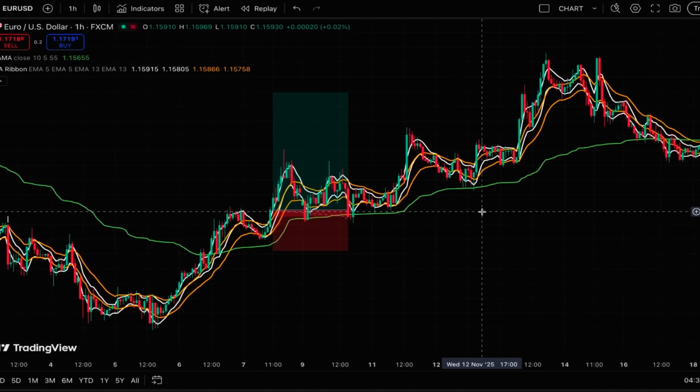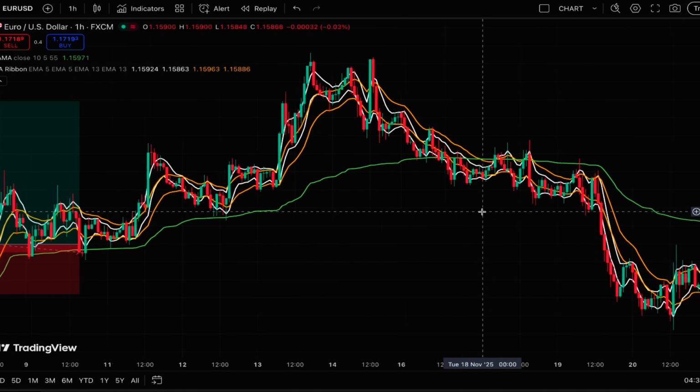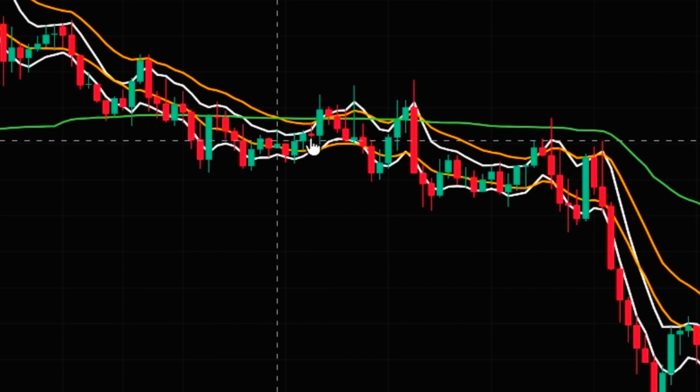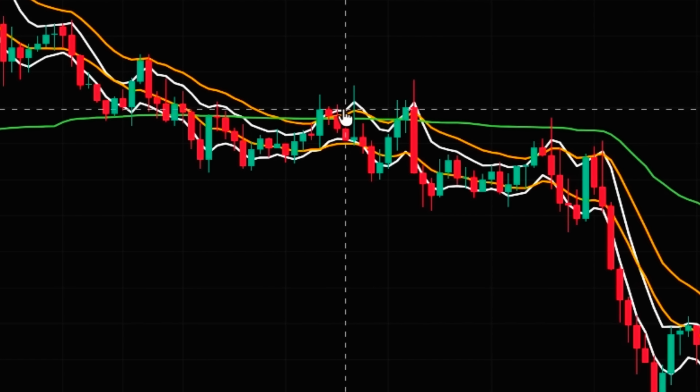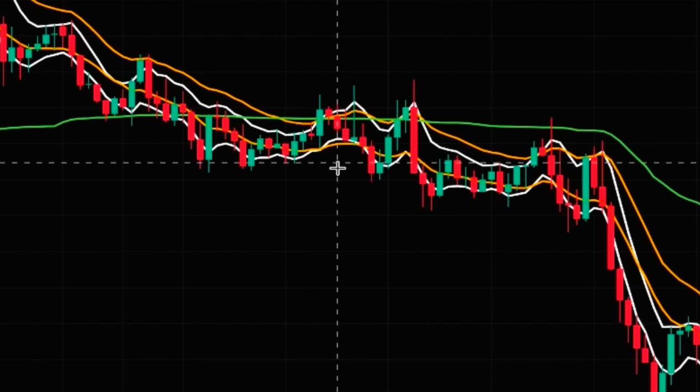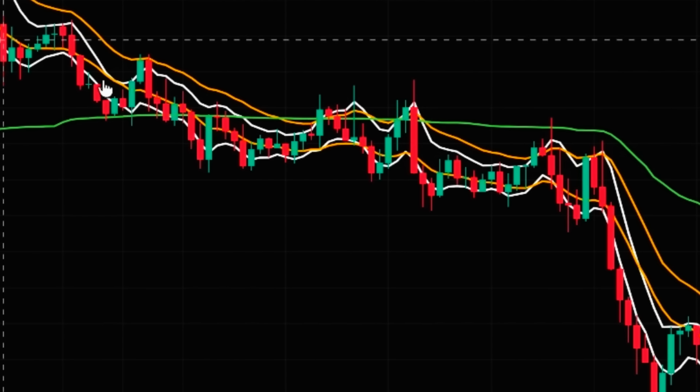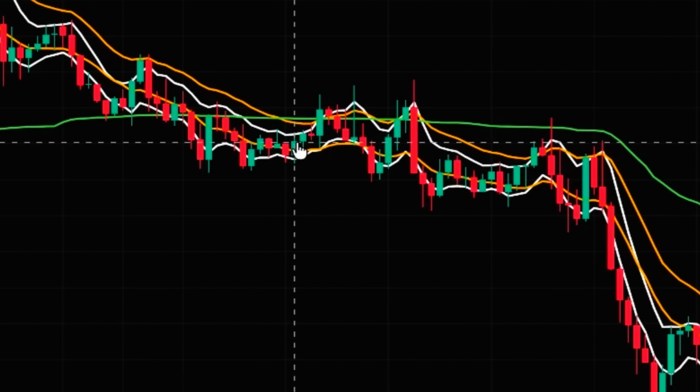Alright, an important point I must mention here. When we have a pullback, the white channel and the orange channel shouldn't go above the green line or below the green line in the case of a long position setup. For example, here you can see that the price from above the green line went below the green line, and after that the white channel and the orange channel are completely below the green line, and now we wait for